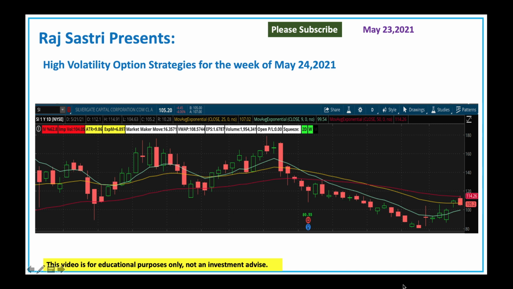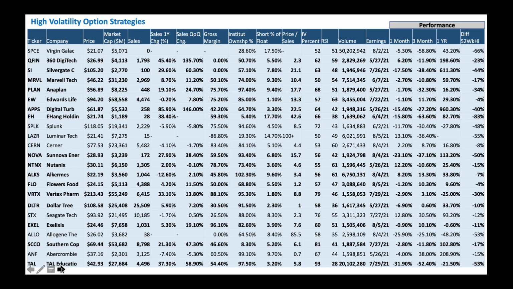I want to talk about high volatility option strategies for the week of May 24th. So with that, let's jump in and look at a few stocks and a few ideas for high volatility option strategies. Here is the list we have, and as you can see, we go all the way from Virgin Galactic at the top to TAL Education